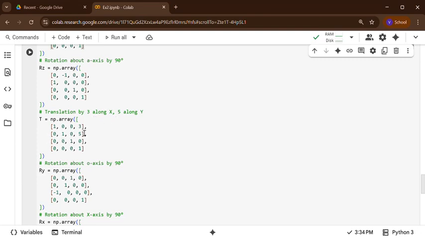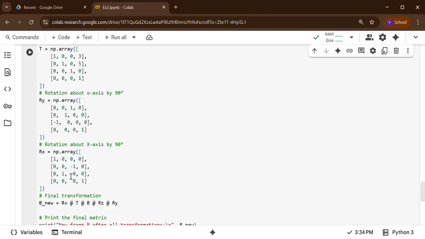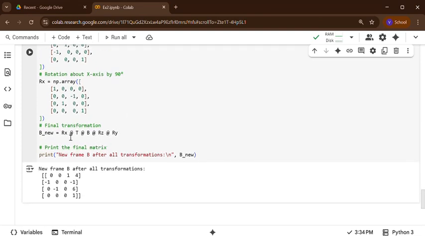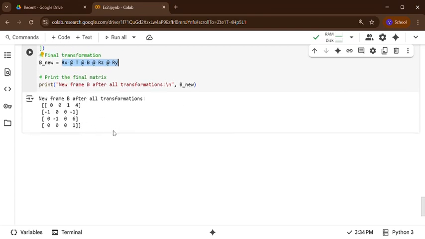Then XY units, so here there is no rotation, only X-axis translation, no Y-axis, Z-axis. And then this is about OA axis, I mean Y. So 0 1 0, 0 1 0. So this is cos 90 0, sin 90, minus sin 90 is minus 1, cos 90 is 0. Okay, next X-axis. So here cos 90 is 0, sin 90 is 1, minus sin 90 is minus 1. Okay, so we have defined. Then we have to write down the equation, then multiply it, and then you have to just print it. So this is your answer.